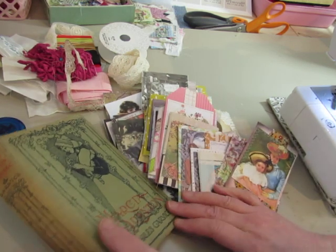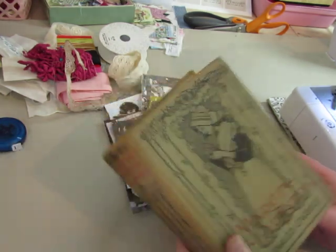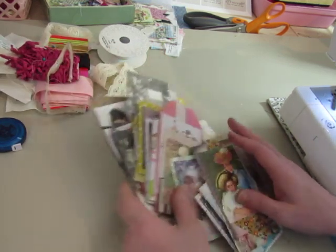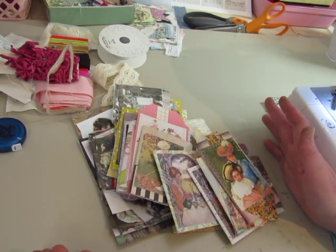I did do a little bit of work on my Marcia journal. There's Pete. Not a whole lot, but I worked on one signature of it. And now I've been doing some other things, but now I'm going to do a little more work on my